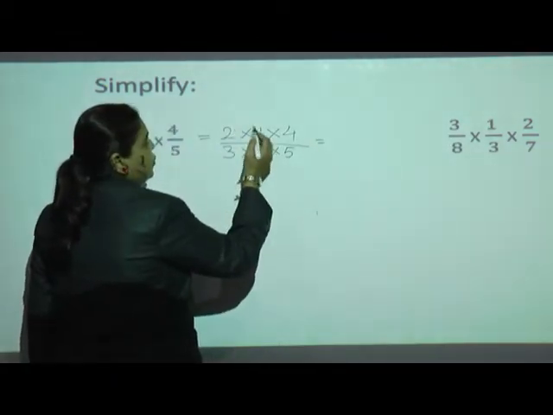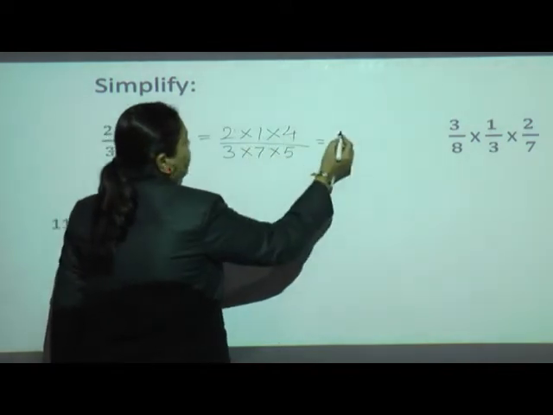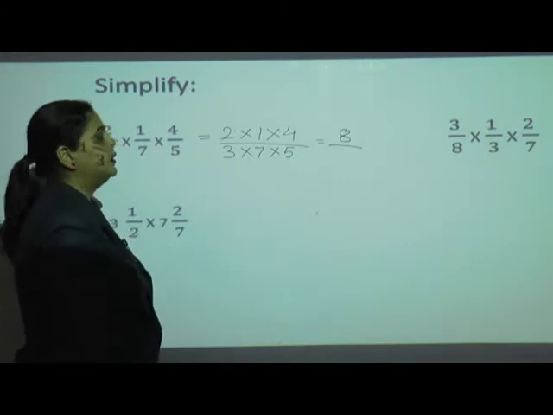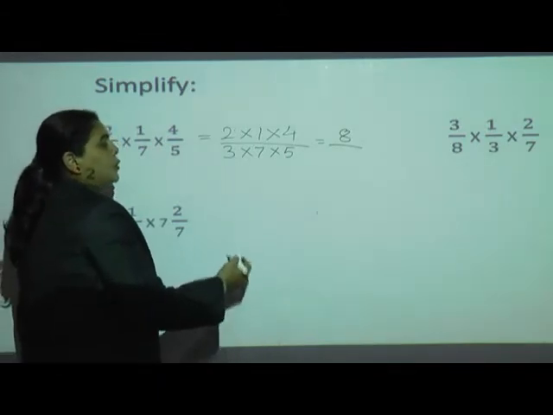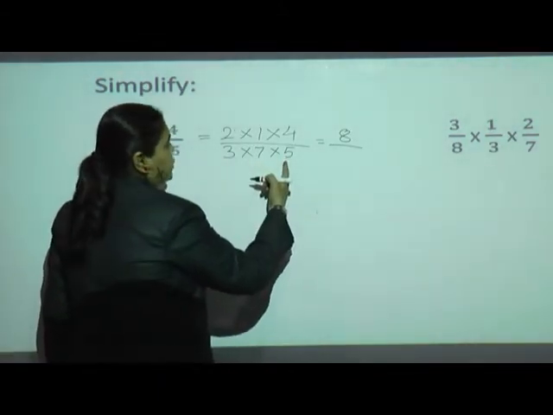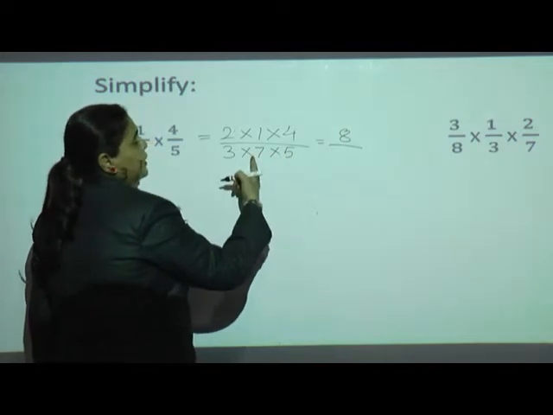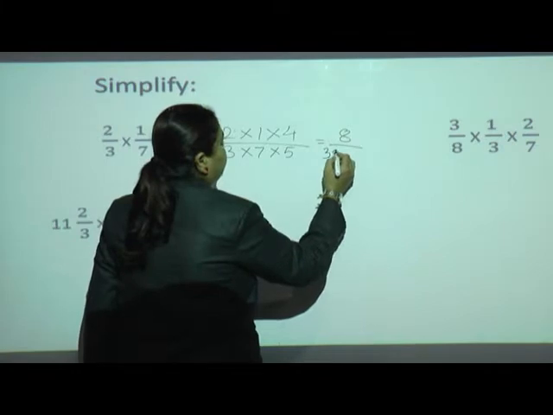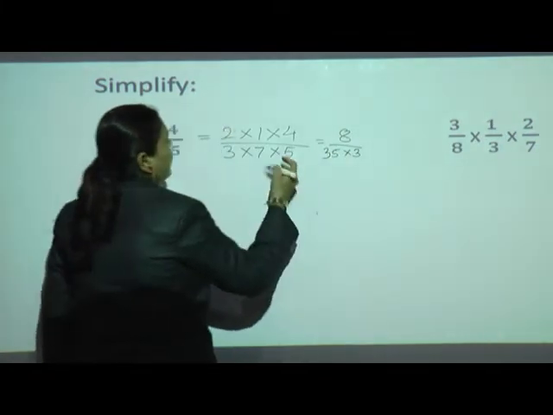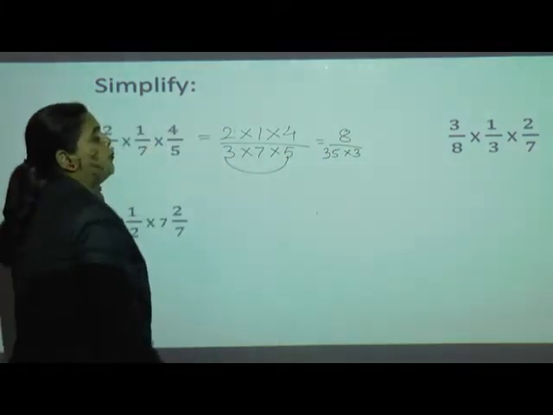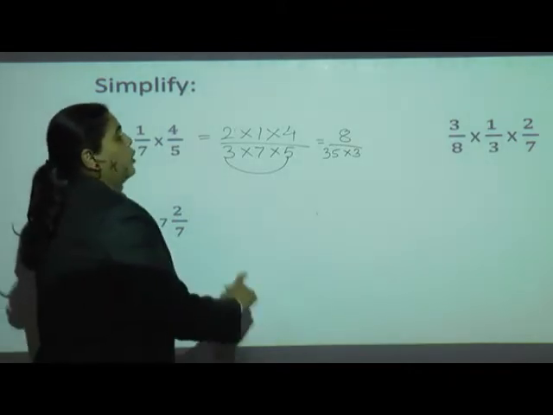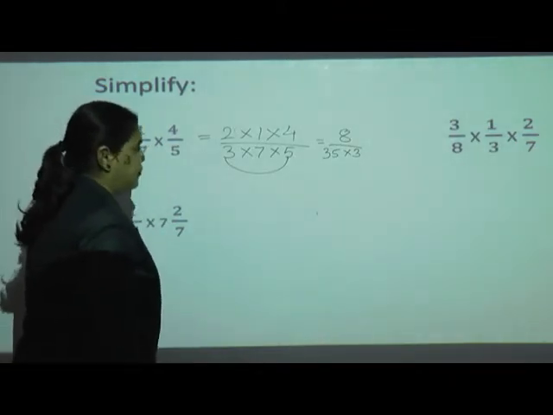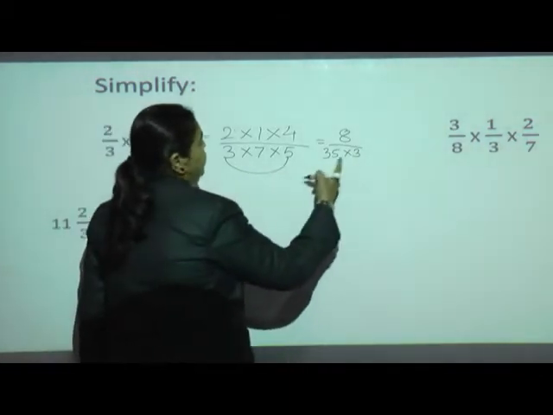2 1s are 2, you know very well. 2 4s are 8. Here it is a very large number. If you want to do it directly you can, or you can do the multiplication. I can go for 7 5s are 35, multiplied by 3, or you can go 5 3s are 15 multiplied by 7. When it is a multiplication the product remains the same. So I have done 7 5s are 35 multiplied by 3.